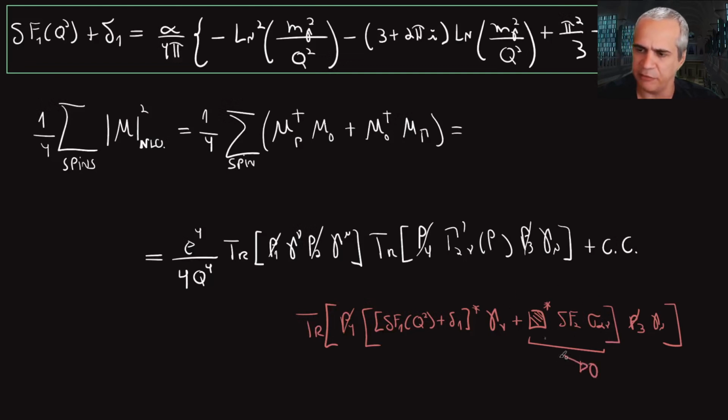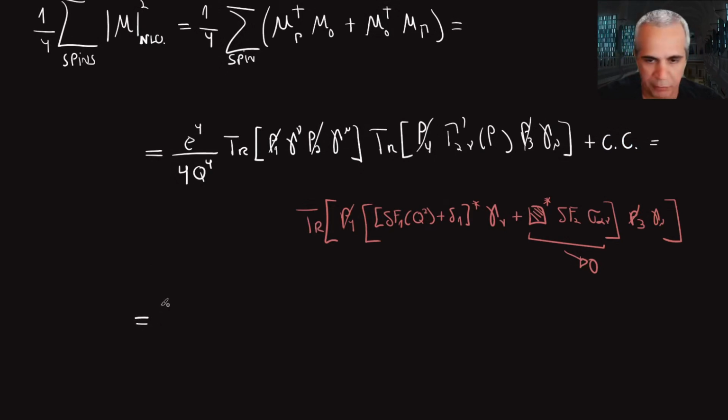And again, this is a reflection of the ultra-relativistic limit I'm taking. If I had masses here, then this part would contribute, multiplying the sum terms with the masses. But since I took the masses to 0, this ends up not contributing, right? So I only have this part, and that simplifies things a lot, right? Because now I can take this coefficient of this Dirac matrix outside the trace and write this